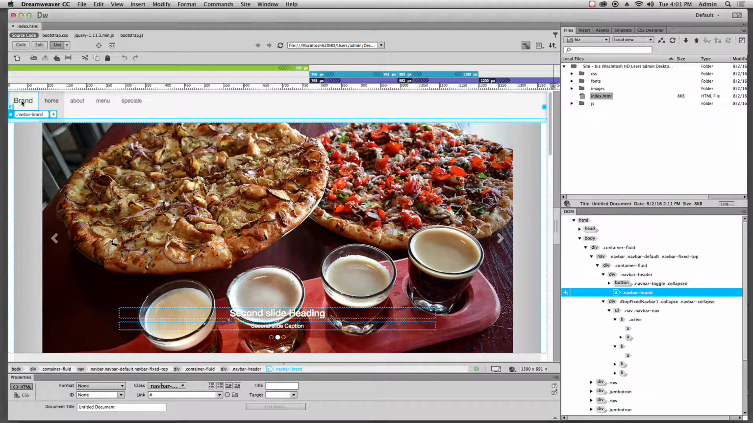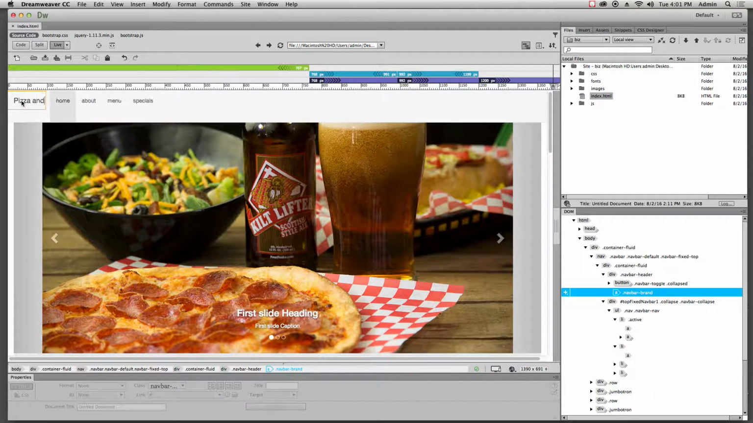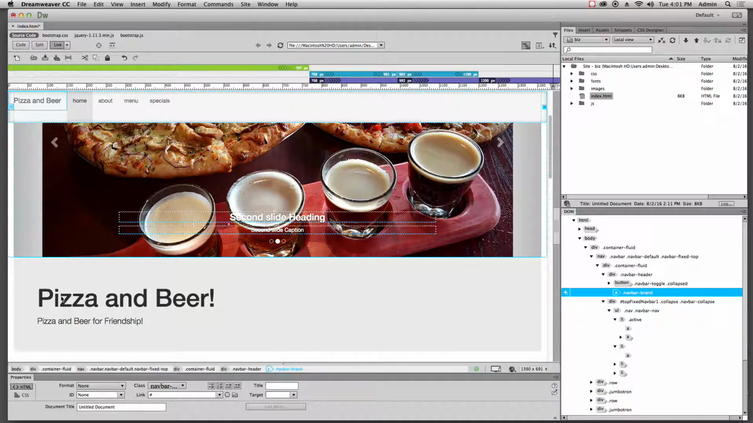Where it says brand, change that to the name of my little shop, Pizza and Beer. Such a creative name. And one more thing, I can come down here where it says Pizza and Beer,